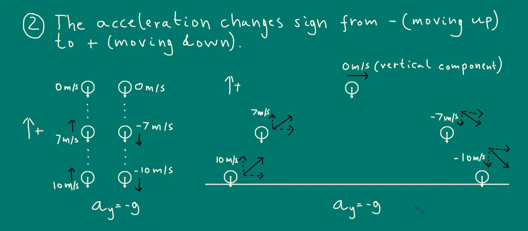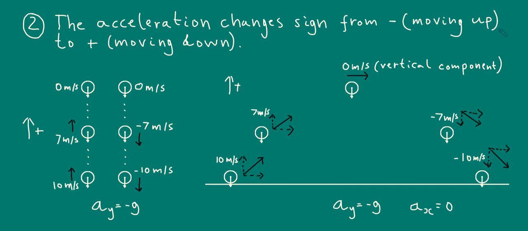And just to be absolutely clear, the horizontal component of the acceleration is 0 here, because as I said earlier, the horizontal component of the velocity is unchanging because there are no forces acting horizontally. Remember, we're neglecting air resistance again. So the vertical acceleration, or the vertical component of the acceleration, is minus g, so it's constant and there's no